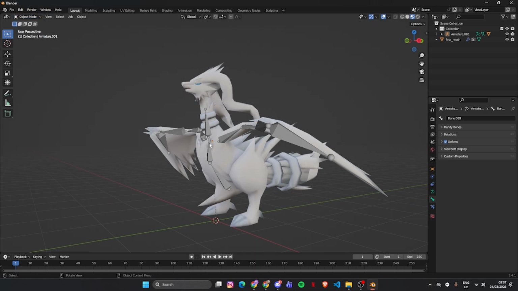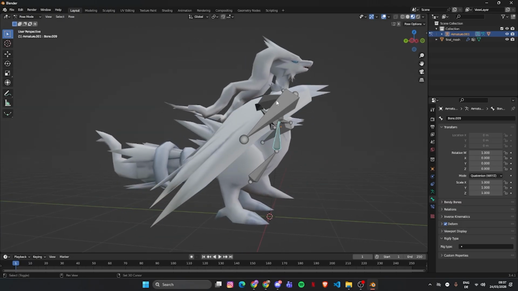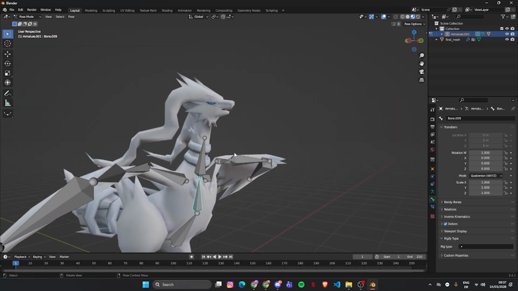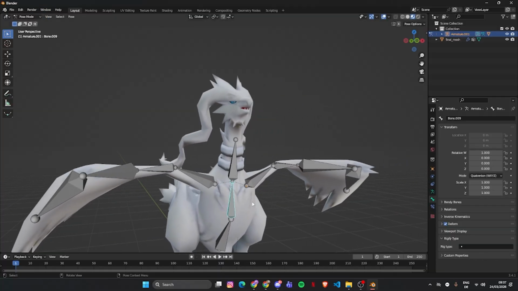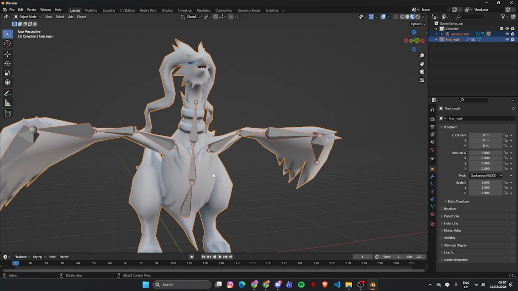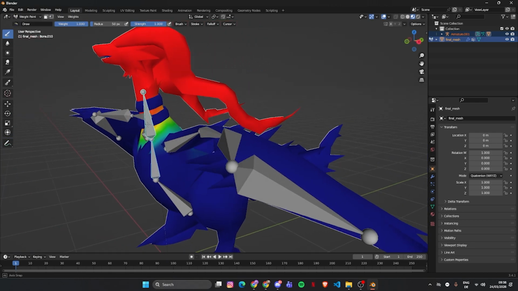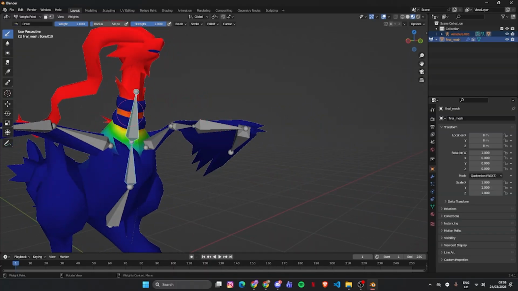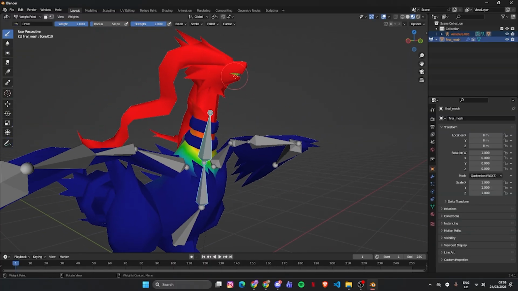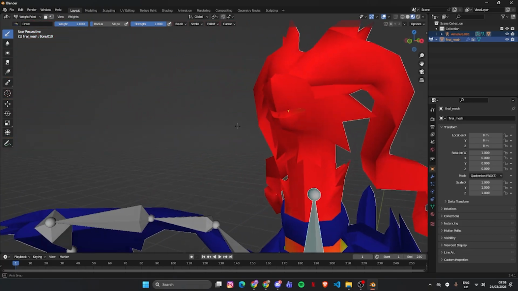For starters, when you go into pose mode over here, you're gonna see that a lot of objects just don't come along with the actual bone structure, and in order for me to fix that, we're gonna jump into object mode. We're gonna select the armature, shift click and select the object, and now we can do some weight paint. Here it shows exactly what is moving with it and what is not moving with it. The head is all moving with it, but the mouth, for some reason, is not weight painted, which means it's not going to move with it.